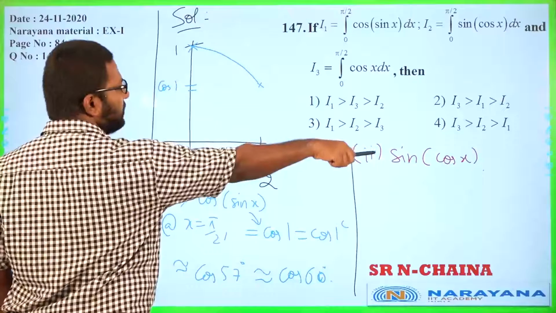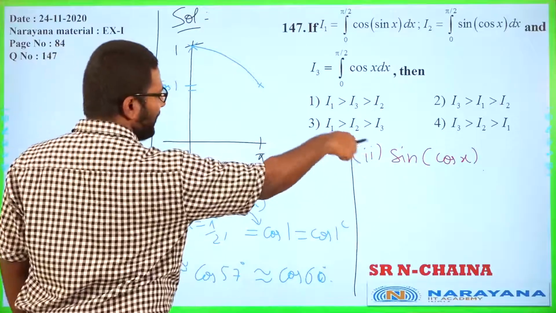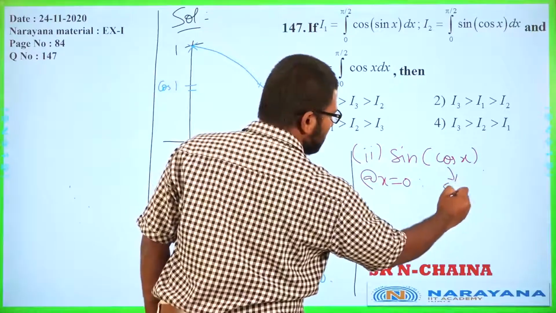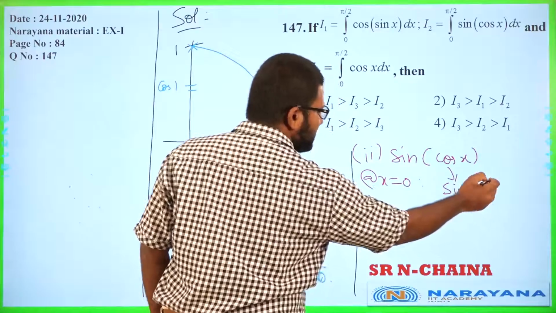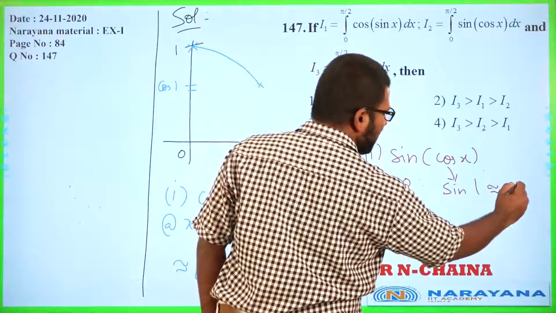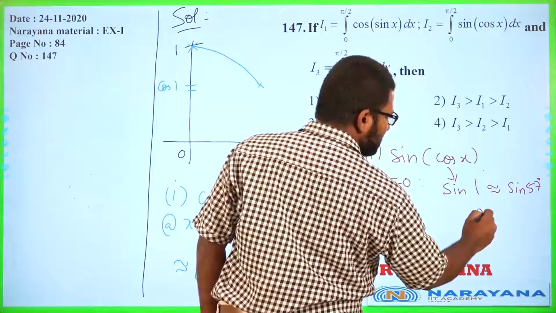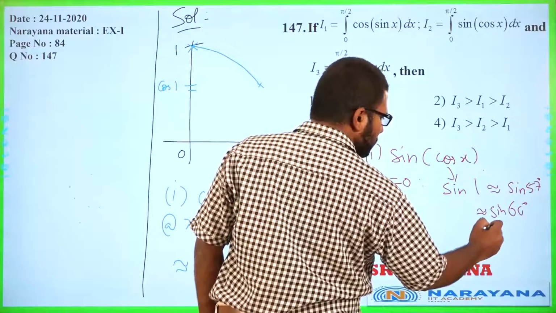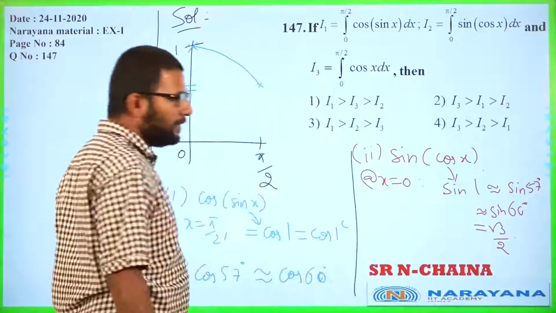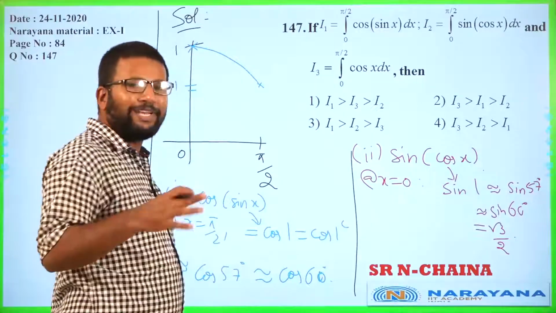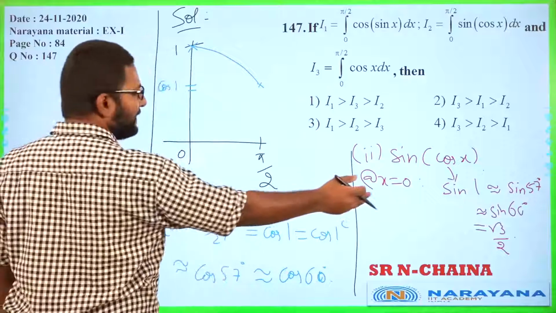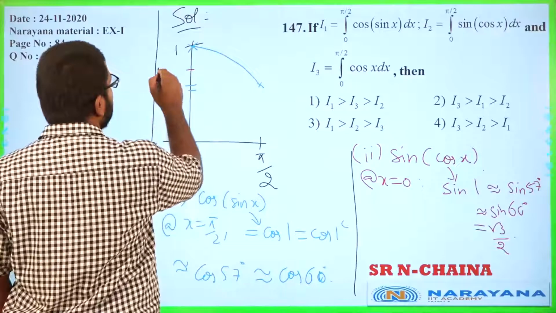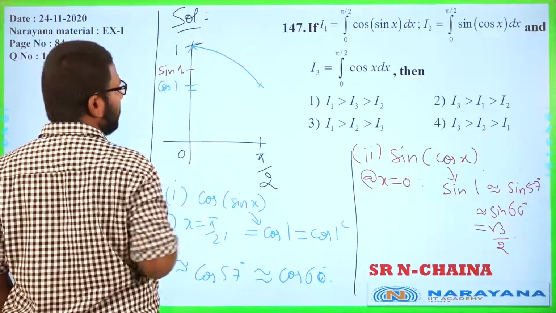Now once again, at x equal to 0, cos 0 is 1, we need sine 1, right. So at x equal to 0, this becomes sine 1, which is sine 1 radian, which is approximately equal to sine of 57 degrees, which is approximately equal to sine 60 degrees, which is equal to root 3 by 2, right, and root 3 by 2 is about 0.8 something. So why are we making that approximation? Because we know it will be slightly above this, somewhere here probably. So this will be sine 1, okay, fine.